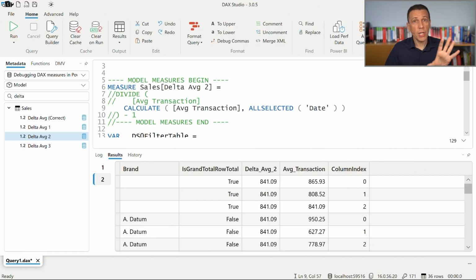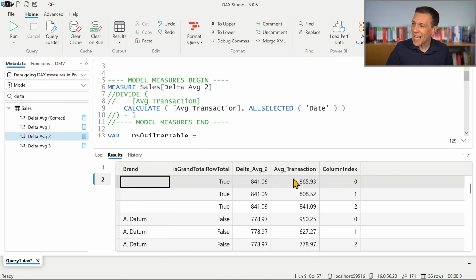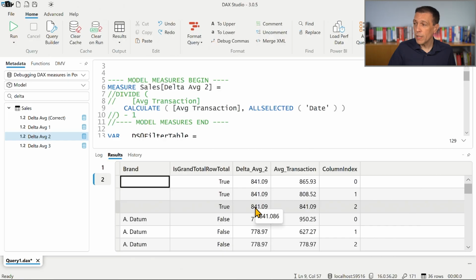But we don't want to touch the selection made on products or on product brand in this case. So if I change the code this way and execute it, let's see if now the code satisfies my expectation. And yes, we see that for the grand total, the number is always 84109, which is the value of average transaction we have in this case for the column index 2, which is the grand total,